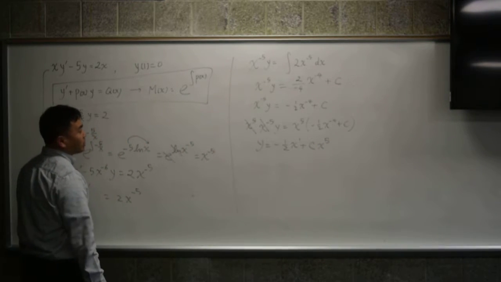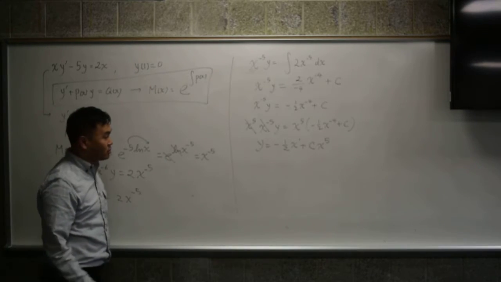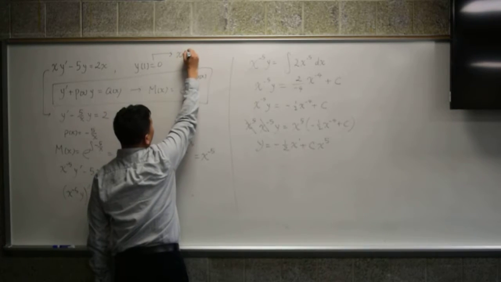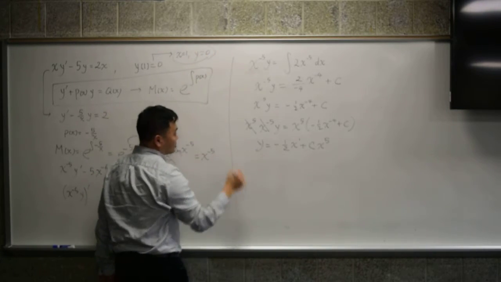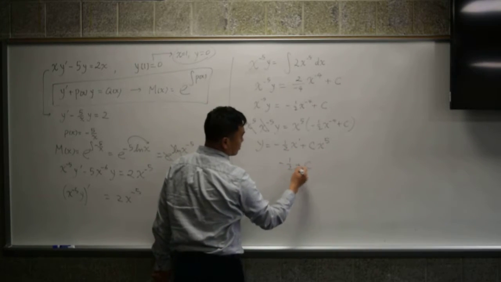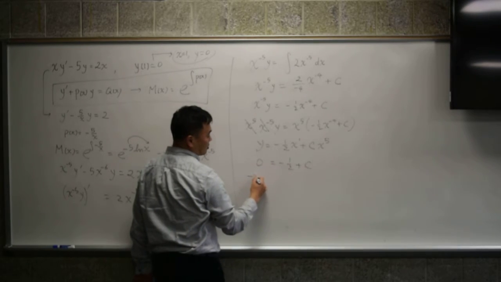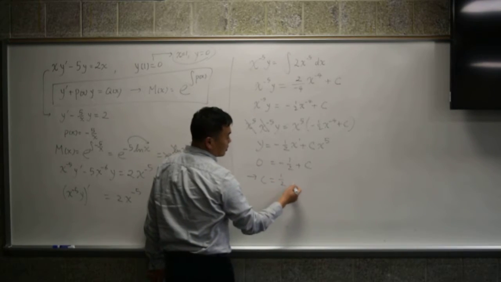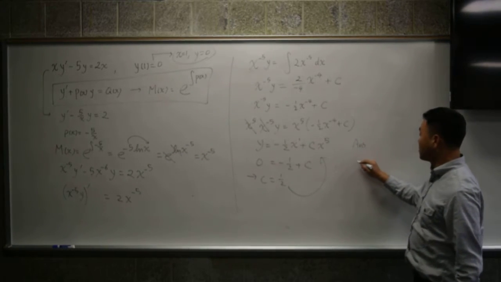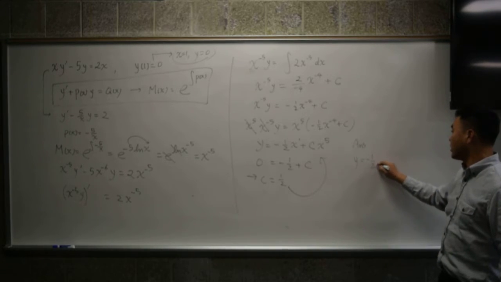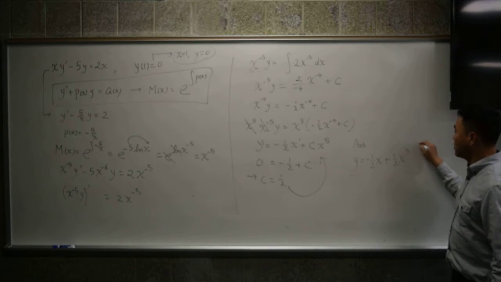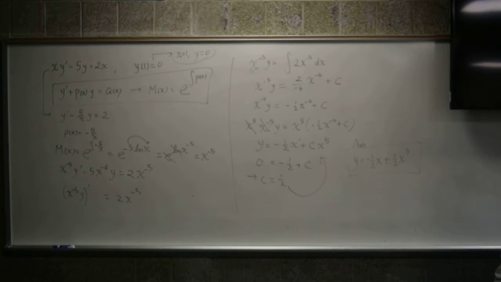Now you only need to check whether this is true. y of 1 is equal to 0. So that this actually has to be translated as when x is 1, y is 0. That's what it means, right? So you plug in x equal to 1 and y has to be 0. That means c has to be 1/2. And that should be plugged back in there. Therefore, your final answer is y equals negative 1/2 x plus 1/2 x to the 5th power. So that is the solution of the given